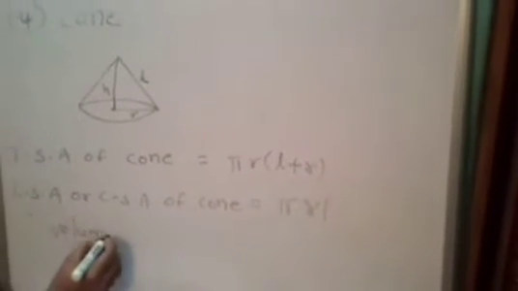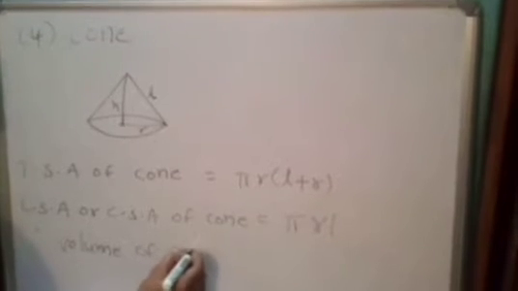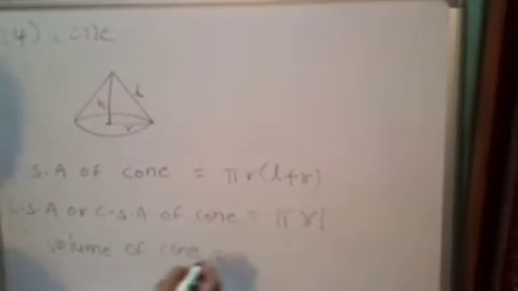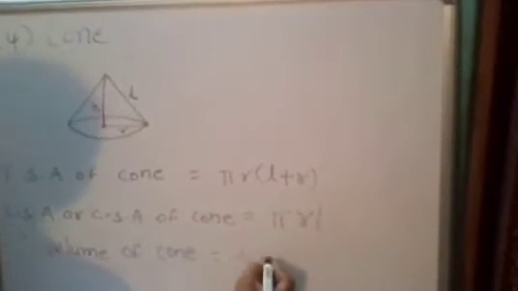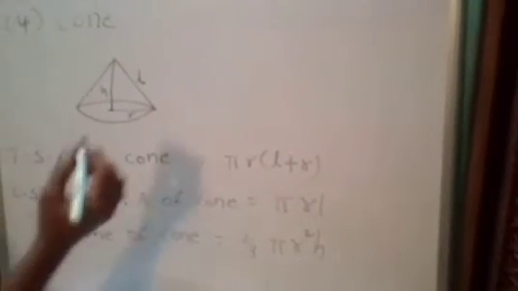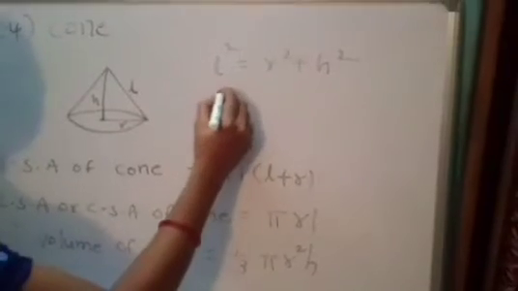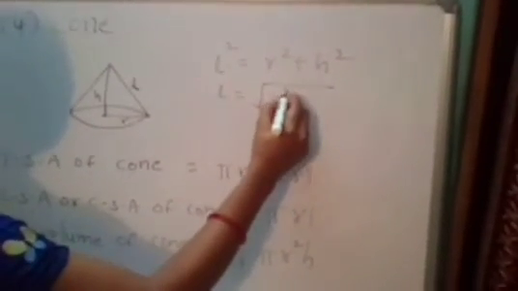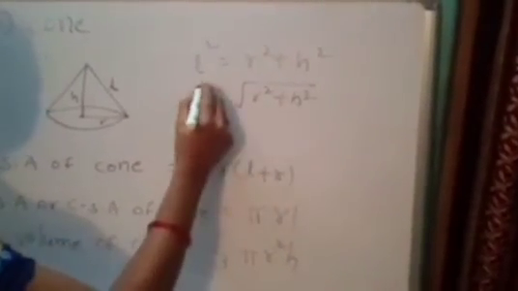Volume of cone equals 1 by 3 pi r square h. In this, L square equals r square plus h square. L is equal to root of (r square plus h square). And next formula,